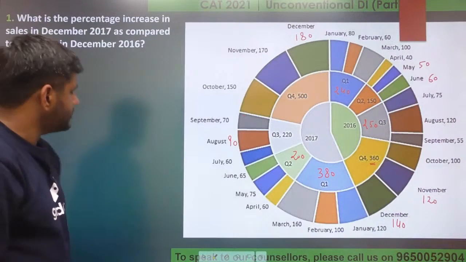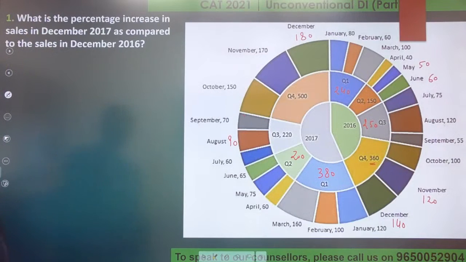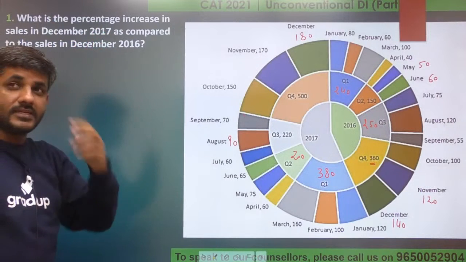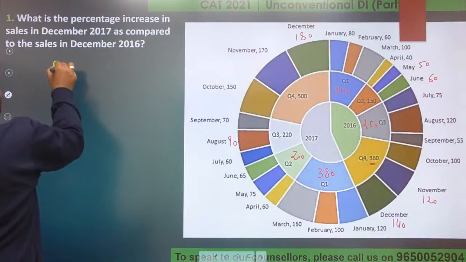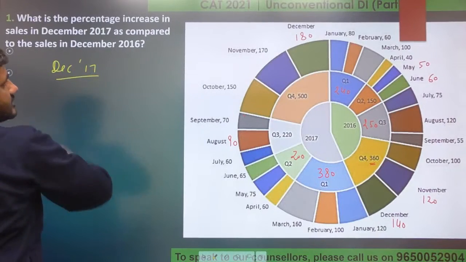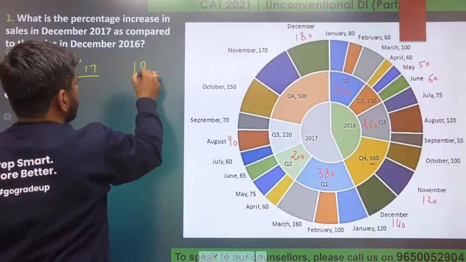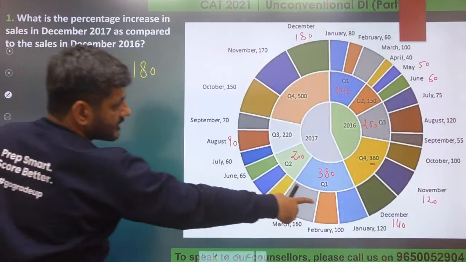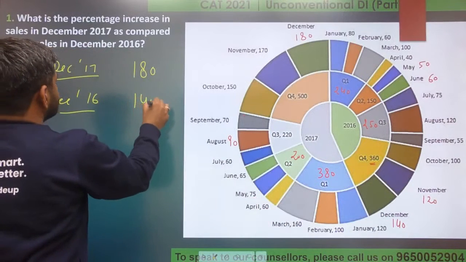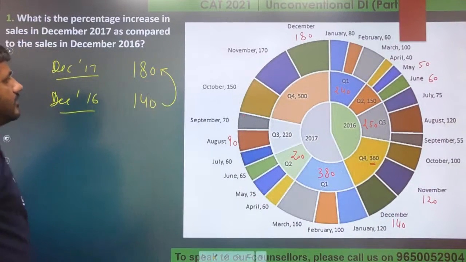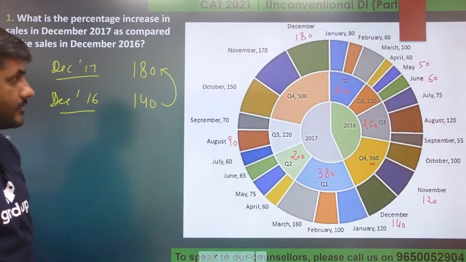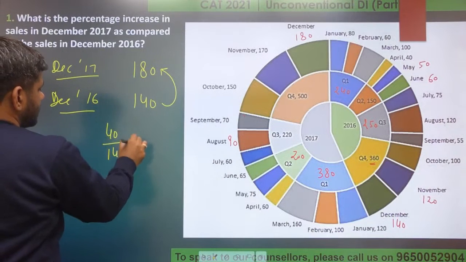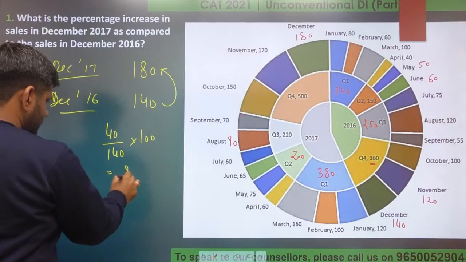The first question is, what is the percentage increase in sales in December 17 as compared to December 16? The figure for December 17 is 180. The December 16 figure is 140. Question says what is the percentage increase from 140 to 180. 140 से 180 अगर आप जाओगे तो 40 का इंक्रीज है ऑन ए बेस ऑफ 140. This is equal to 2/7. 2/7 is